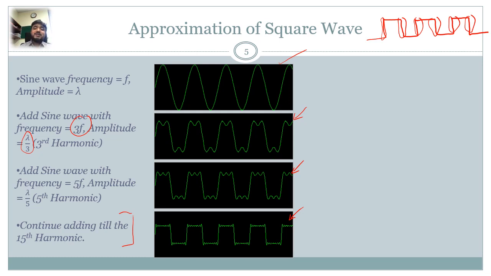एक straight line के अंदर immediate change है, sudden change है from high to low and low to high. और ये सडन चेंजेस आप देख रहे हैं कि जैसे जैसे ये ऐड होते जाएंगे, 5th हार्मोनिक, 7th हार्मोनिक, 9th हार्मोनिक, 11th हार्मोनिक, 13th हार्मोनिक, 15th हार्मोनिक, तो ये ज़्यादा से ज़्यादा स्मूथ स्क्वायर वेव बनती चली जाएगी।